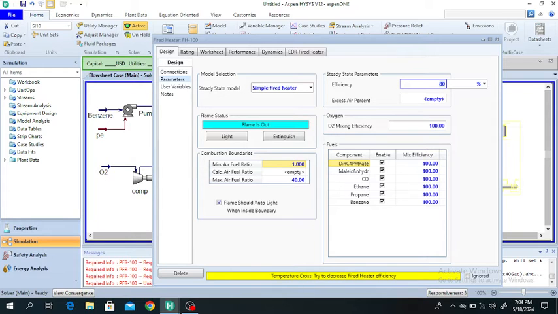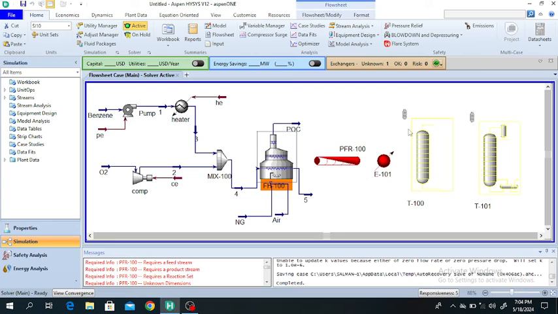I'm checking whether it is working or not. It shows temperature cross, try to decrease the fired heater efficiency. Aspen HYSYS tells us that at this higher efficiency, the temperature will cross and the heater will not work. You should decrease your efficiency. So I am decreasing it to 70% and checking, it is not working. 65%, whether it works or not, again it shows temperature crossing. 64% not working, 60% okay. So 60% is okay. Here you can see the product of combustion temperature is 485.2 degrees centigrade, 1 atmospheric pressure,